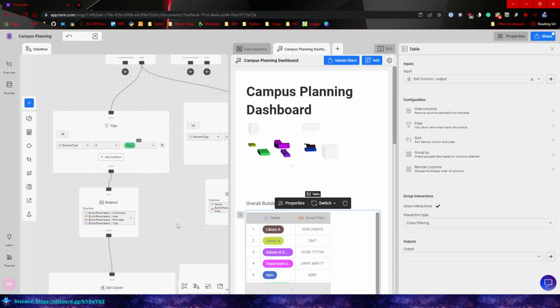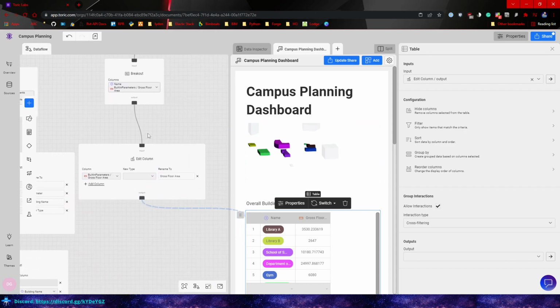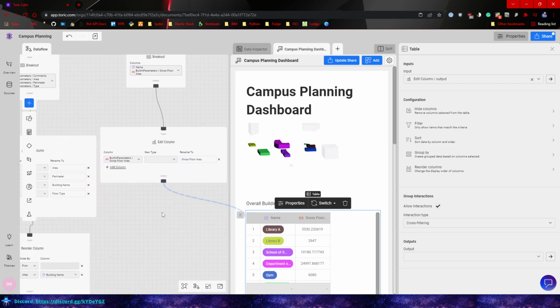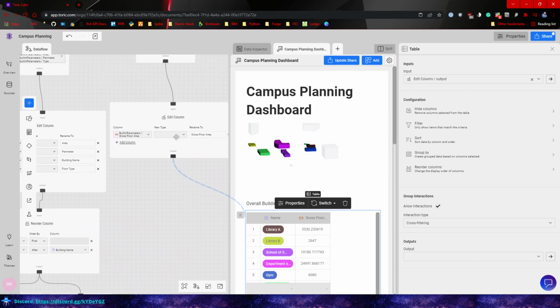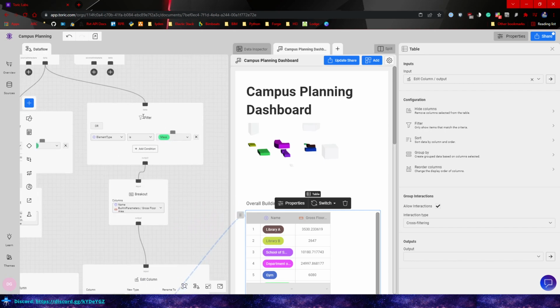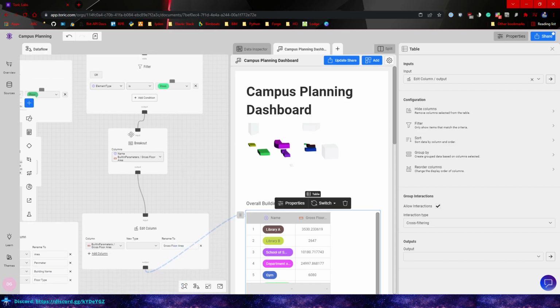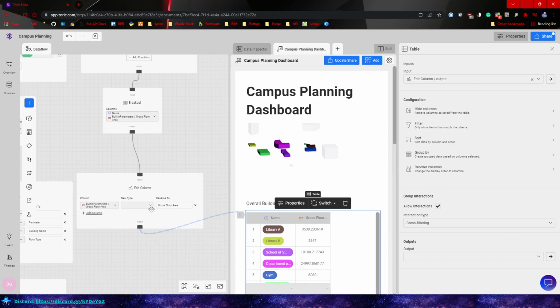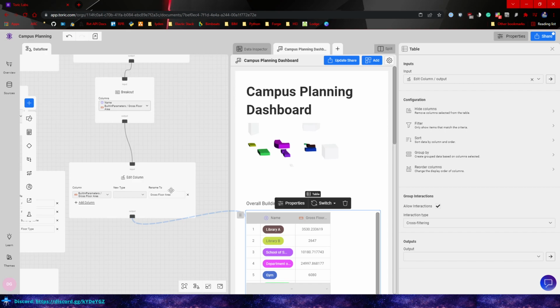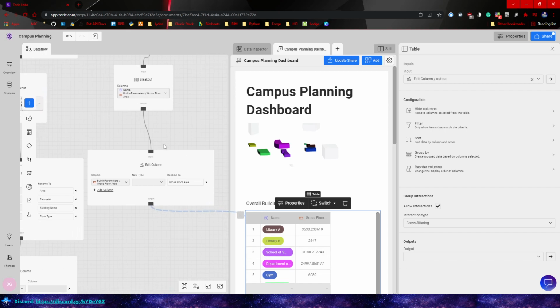So again, if we click, we'll see, and I'll actually have to kind of pan around for this one, but you'll see that, and let me walk through this. So up here we filter, we grab the masses. Down here I break out certain parameters for this table. So in this case it's the name and gross area. And then down here what I'm doing is I'm renaming it. I'm simply just removing the built-in parameter slash. And so that just renames it so that it just looks better for the end user